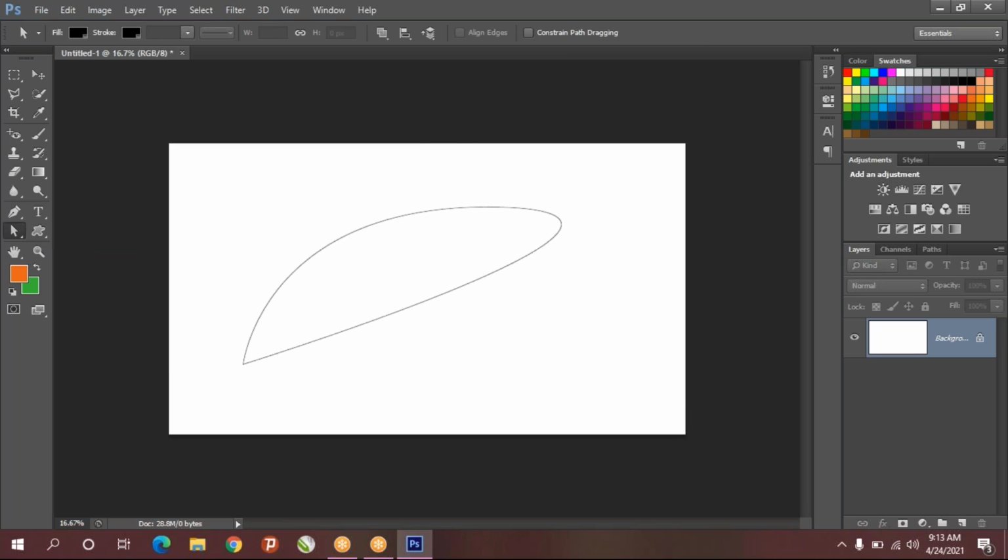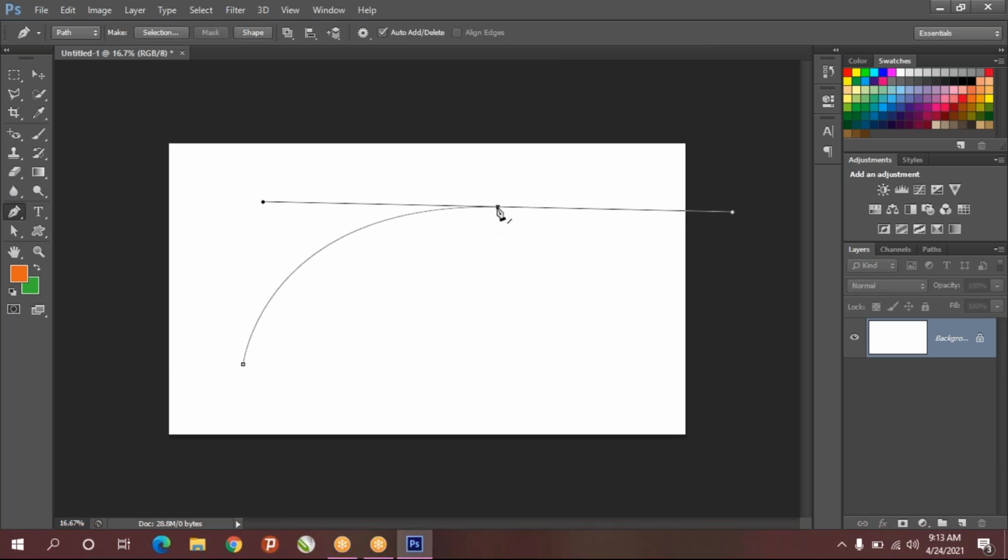So what I'll do, I'll control Z. I'm going to cut this line, because of this line only my curve gets converted to this direction. I don't want this direction, so take the pen tool, move on the point, hold the alt key, then left click with the mouse, and the line will get cut.